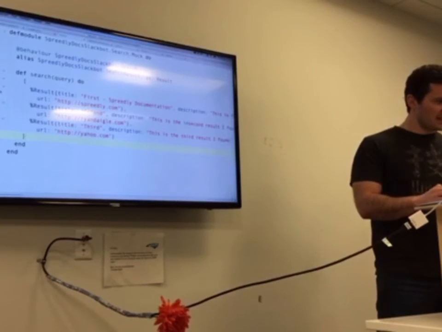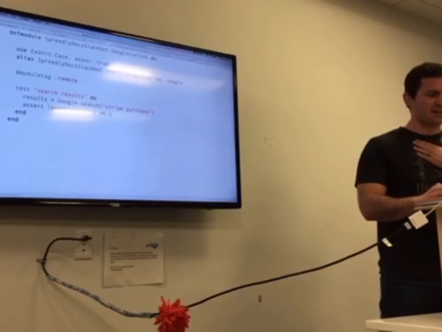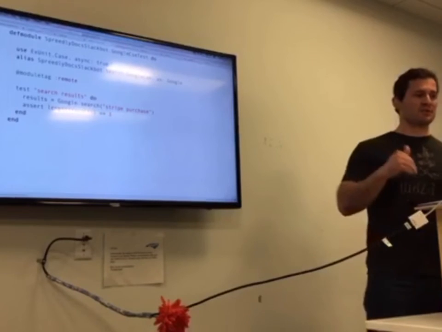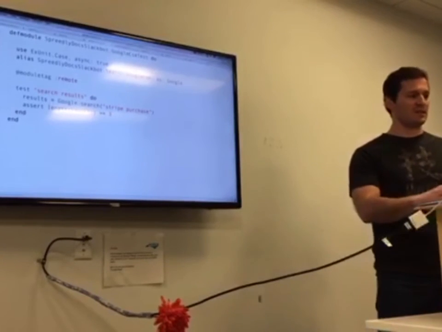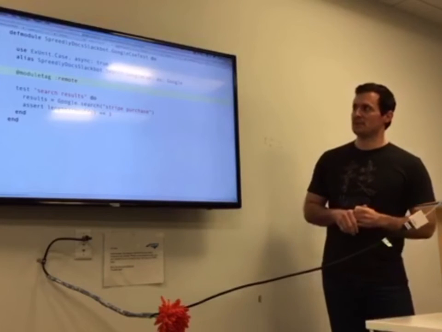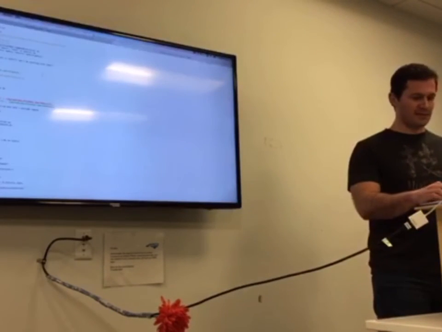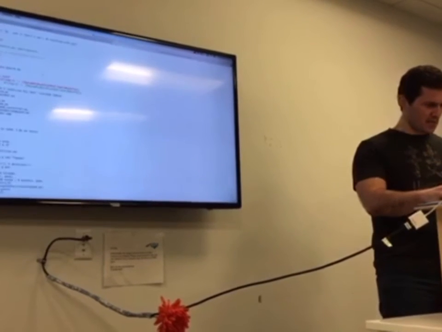So what we do is in our tests, where I'm actually testing, here's my model test, where I'm testing the actual Google search component itself. What I do is I give the module a tag called remote, and then when I run my tests, by default, obviously everybody can read that,